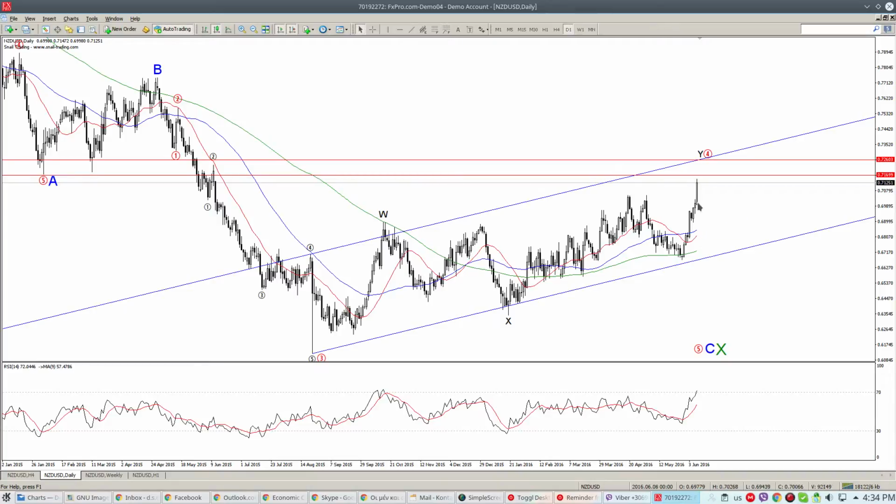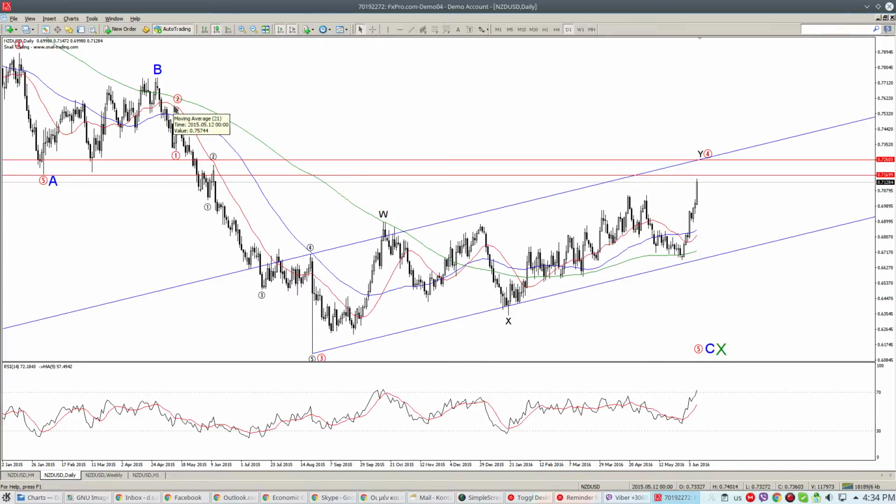So far, what I see is a very strong and bullish move on the New Zealand dollar, but overhead lies strong resistance. We have a strong resistance at 0.7170, which is this low here, and also this low is around that level, but the closing prices of those candles are much higher at 0.7260. The problem with this count, however, as it turns out, is that if this is actually wave 1 and this is wave 2,